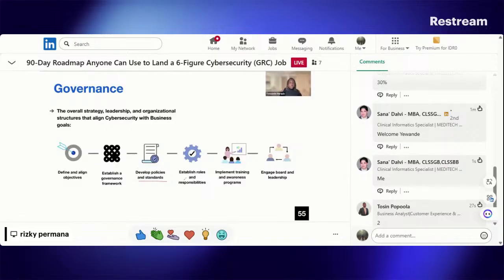Roles and responsibilities is a big part of governance, and that's establishing the governance team. It could involve understanding who the key stakeholders are, identifying what the responsibilities should be, how we interact with them, how we report to them, and making sure there's a regular cadence for how we're going to be dealing with those people.